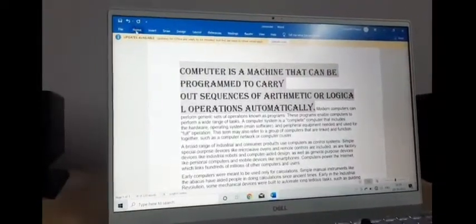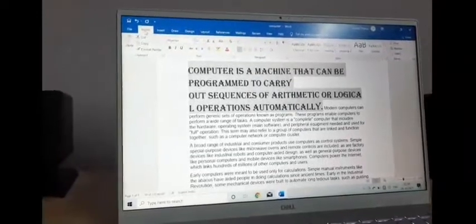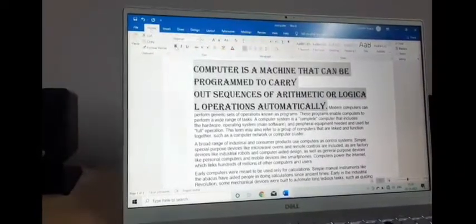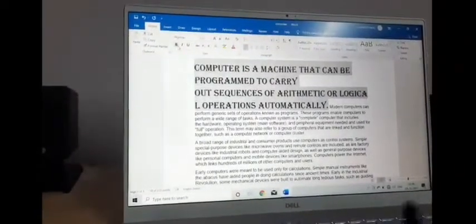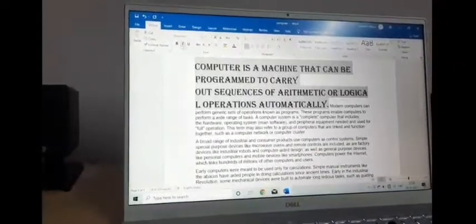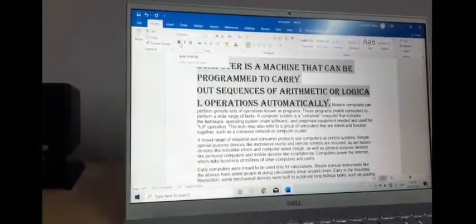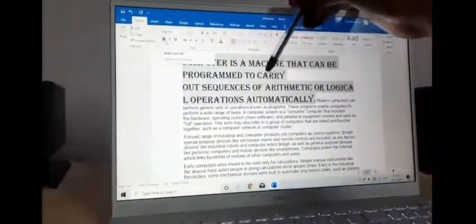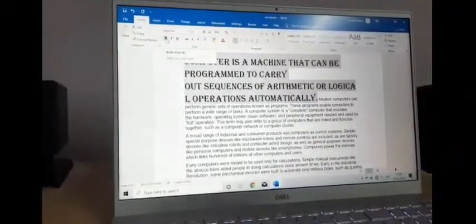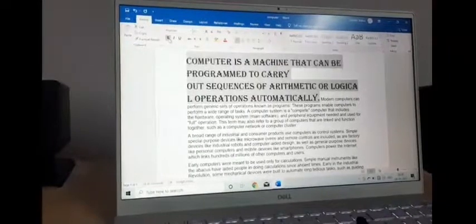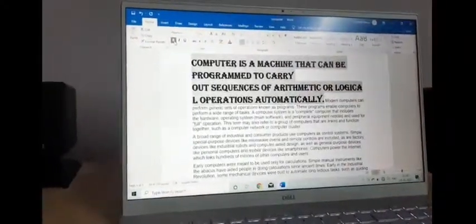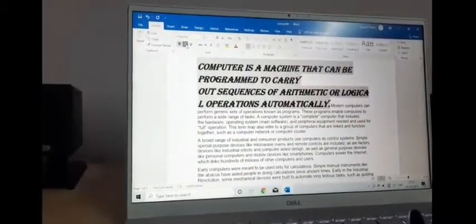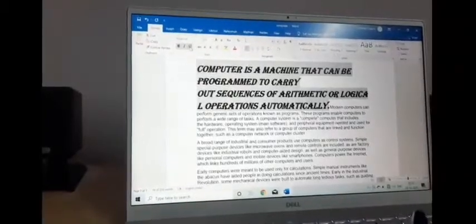Next is very important and most widely used, that is bold, italic, underline. Bold starts with B. So you can see there are three options, B, I, U. B for bold, I for italic, and U for underline. And you can see B is a little darker. That means if you select this, you can see the changes. Right now my text is like this. When I press on bold key, it will appear a little highlighted or a little thick. See, can you observe the changes? So this is bold. Italic means it is a little twisted like this. Tilted one. And underline means underline.